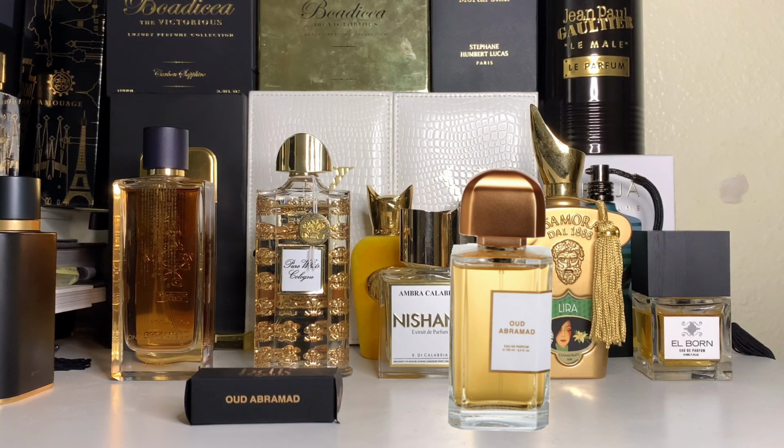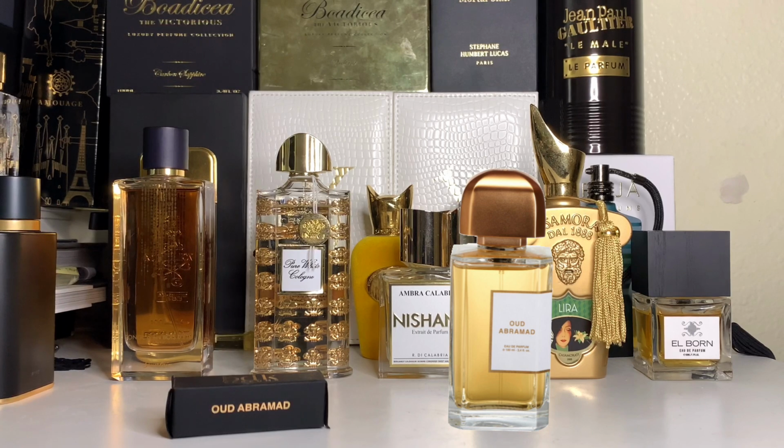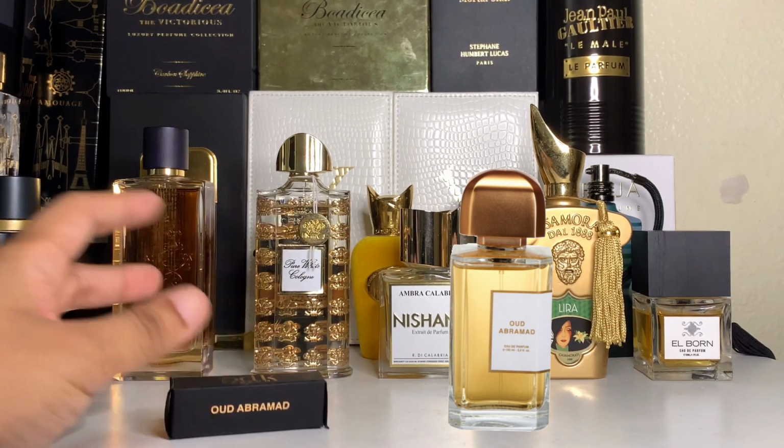So, do I recommend this? I definitely recommend this, okay? This is not a groundbreaking one, but this is up to par with stuff that I've already reviewed, and those are from the bigger houses. So this Oud Abramad, to me, is definitely a must try. And if you're into oud wood type fragrances as well as incense, and you want something with that plum blanket, the saffron blanket, the rose incense blanket to come with that, then definitely try this one,